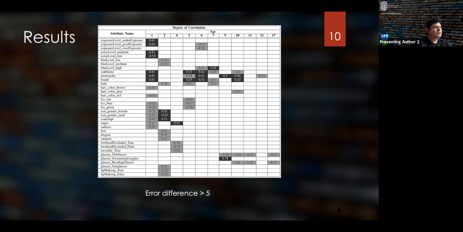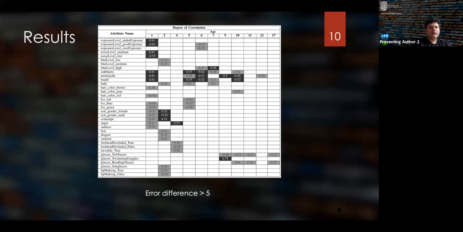So what we did was we grouped the correlations in 3 groups. We have strong correlations, mild correlations, and weak correlations. Well, based on another study of digital forensics in 2014, they did this classification. So they defined strong correlations as from 0.5 to 1. And these can be seen depicted here in this table. They are in black.